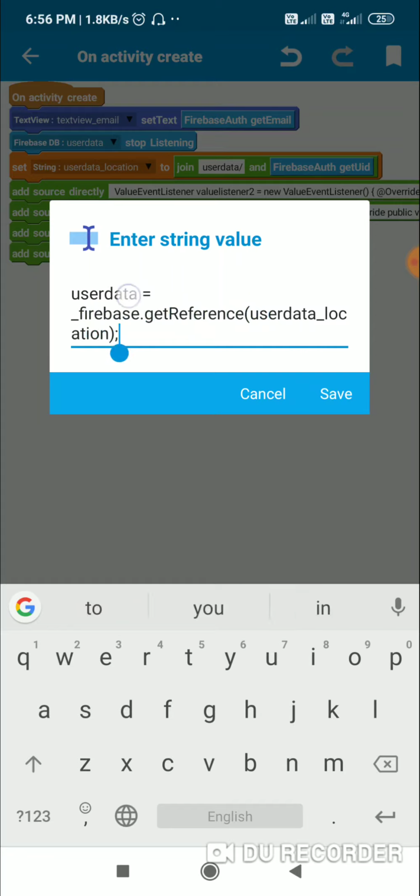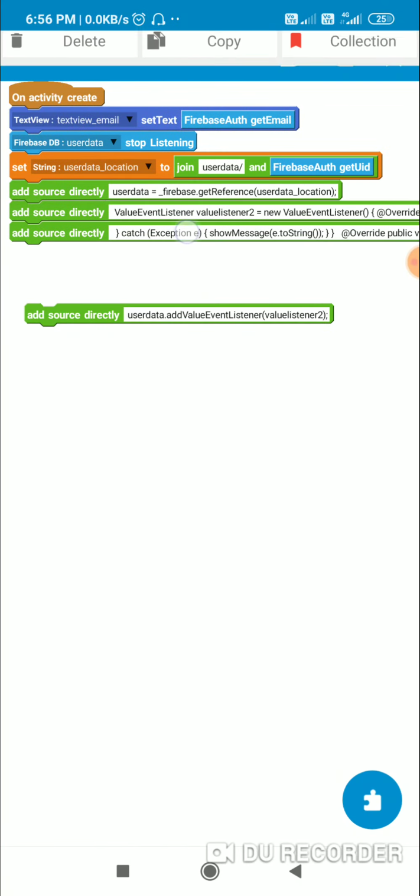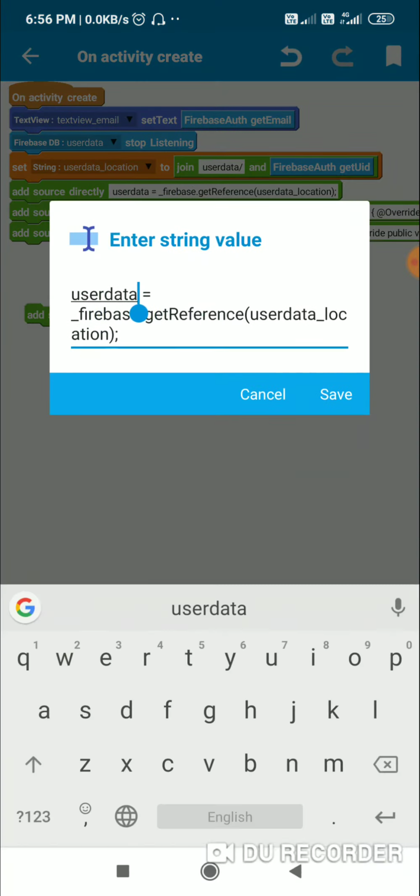So this means that this Firebase DB component user data will make a reference to the string variable user data underscore location. Okay, I will just put it here. User data is equal to underscore Firebase dot get reference user data underscore location.